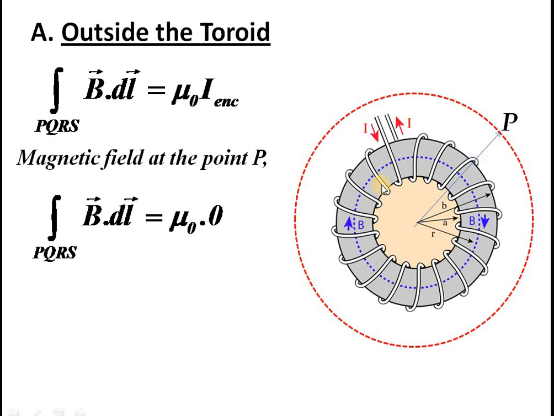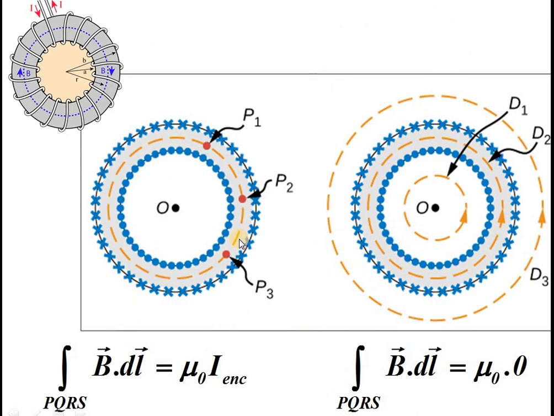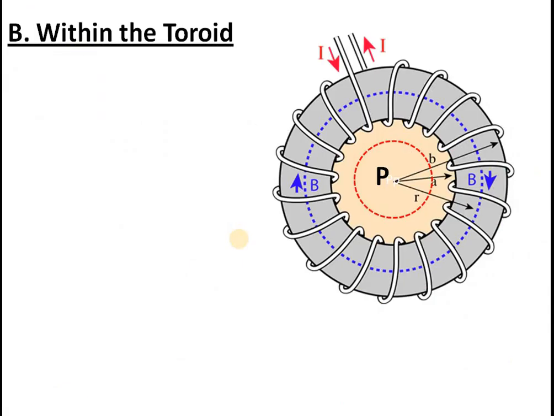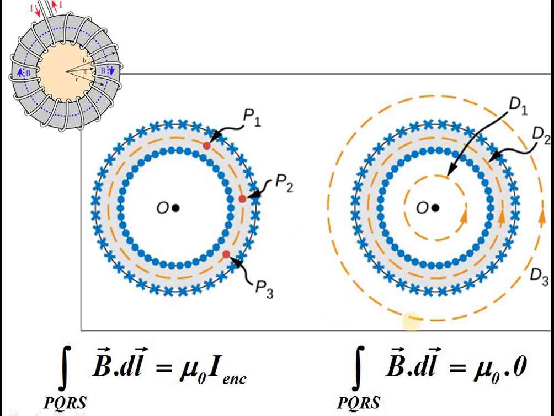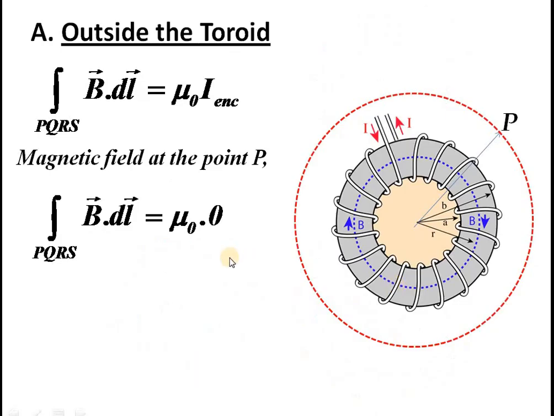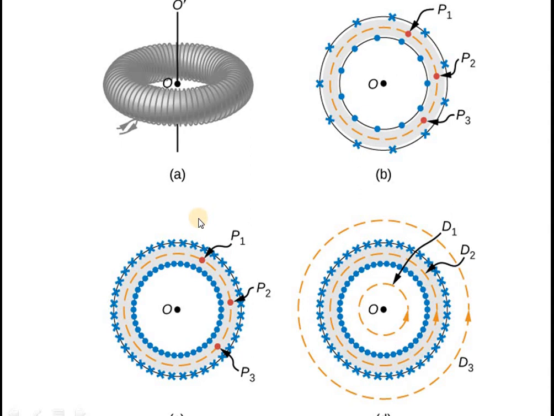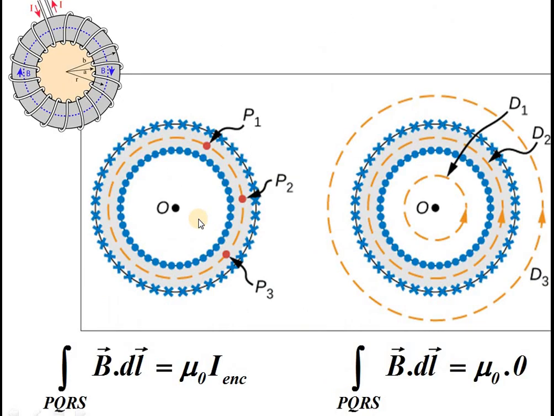If you see the cross-sectional slide which I showed you, it will make it clear how the current is becoming 0. Because of that reason, the total current becomes 0. So the magnetic field also becomes 0. So you can say that the magnetic field outside a toroid, B out, is equal to 0.